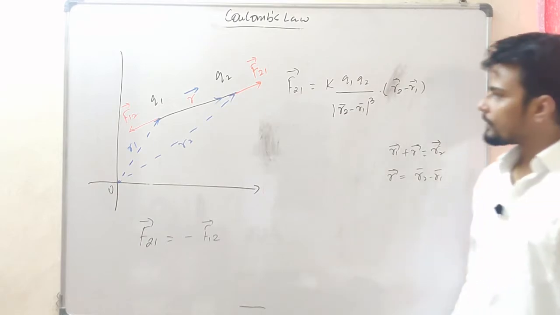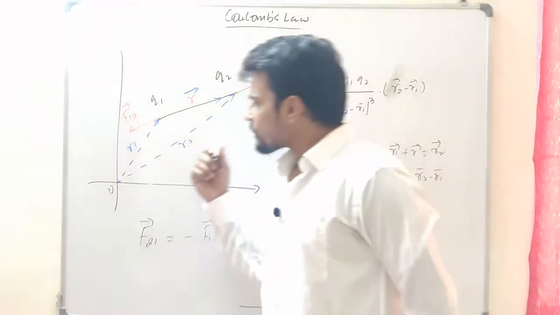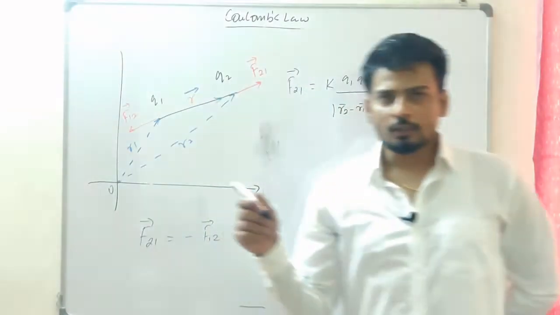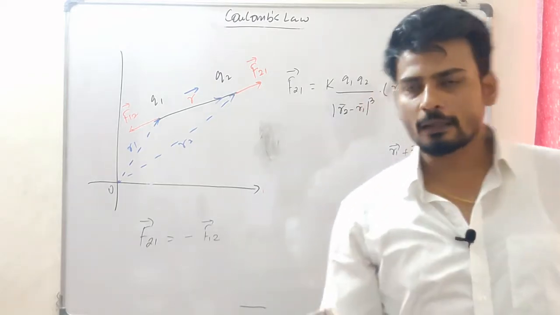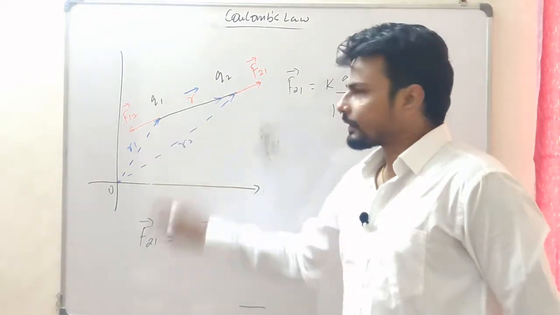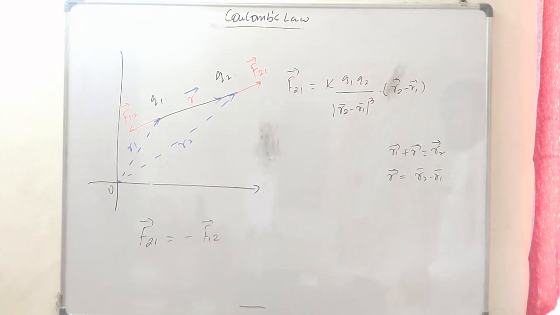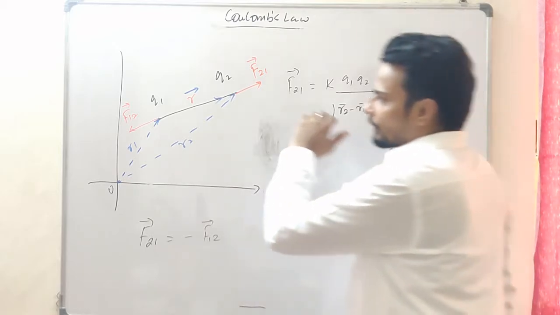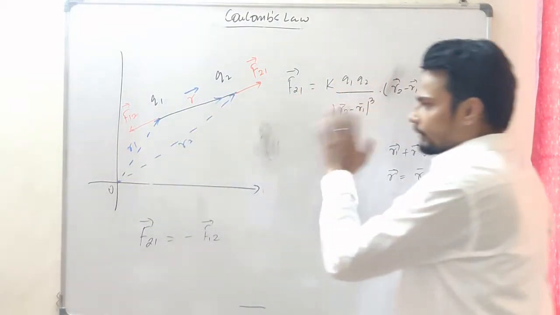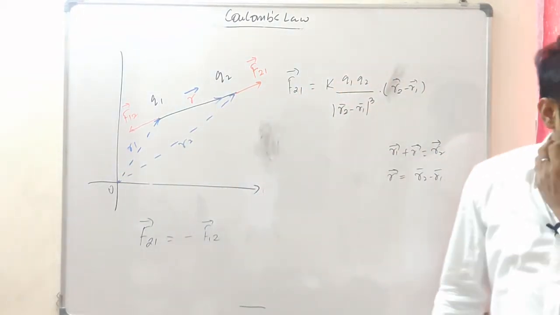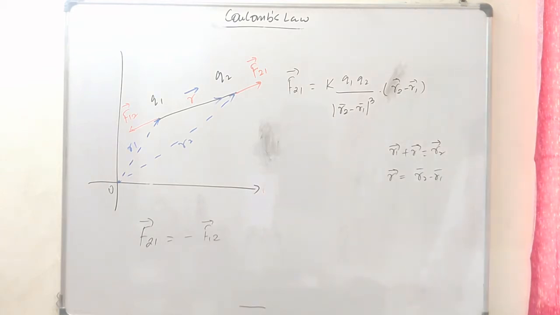So this is used when the position vectors of the charges are given individually, rather than giving this vector r. I hope this is clear to all of you. Let us just note it down and then we're going to do one numerical based on this. It's very simple. You just remember this triangle rule of vector addition, put the points. I'm sure with one example things will get very clear to all of you.